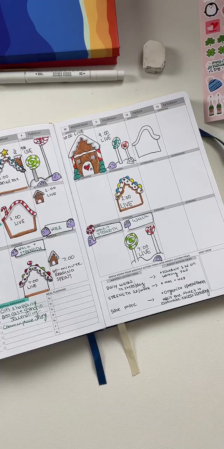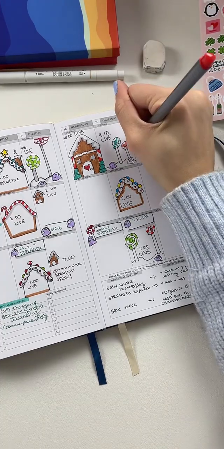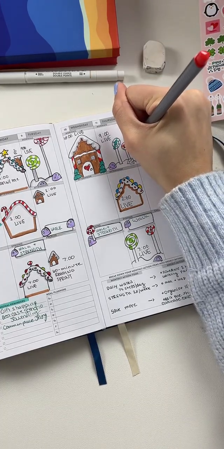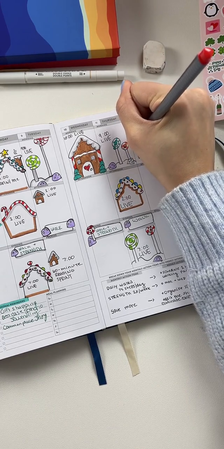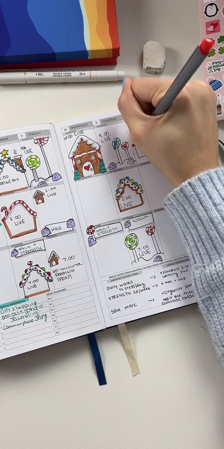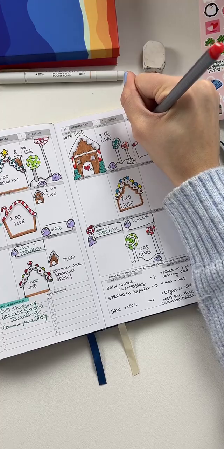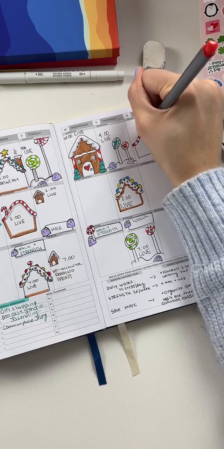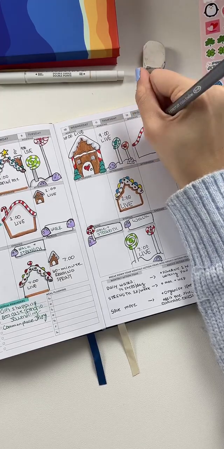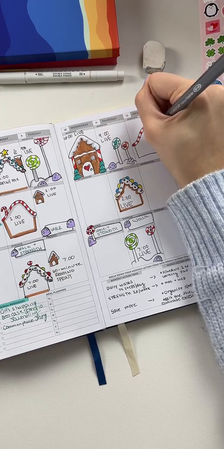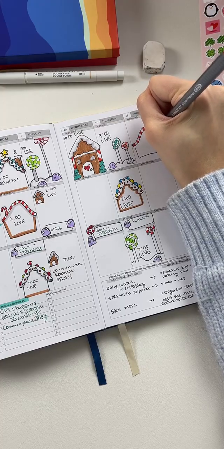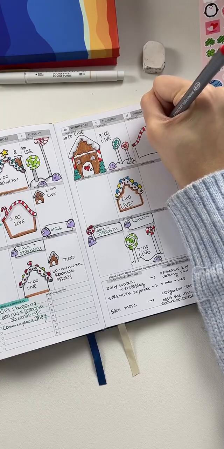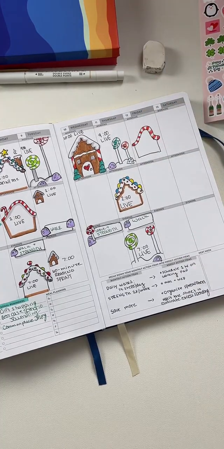And then color in those with the red. It looks like you know those mushrooms from Mario?